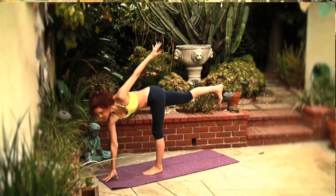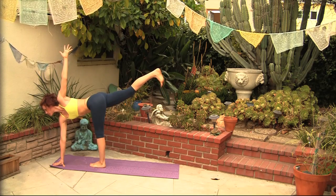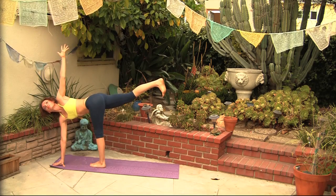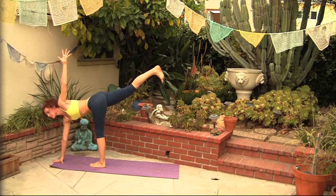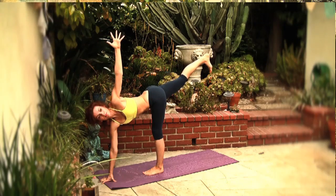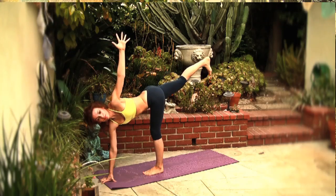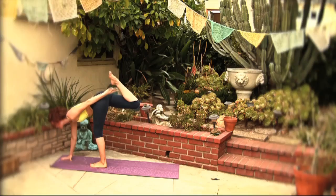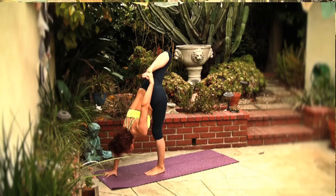And let's bring the right hand somewhere in front of the left foot, transitioning into Parivrita Ardha Chandrasana. One more time here. See if you can look up. Keep pressing the left hip back, flex your foot. Either stay here or you can transition into a bound standing half split,